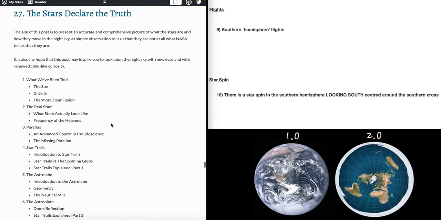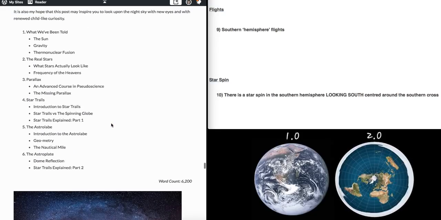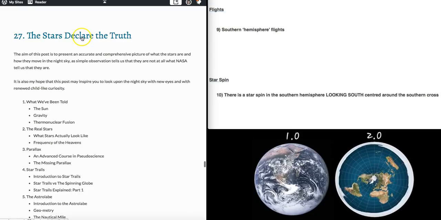I've covered stars in a lot of detail. So first, I'll go to that post actually to show you. First, what we've been told about the sun, gravity, thermonuclear fusion, what stars actually look like, frequency of the heavens. The parallax that just totally doesn't work on the globe. I introduced star trails, the astrolabe, and then I suggested how it might work if it was